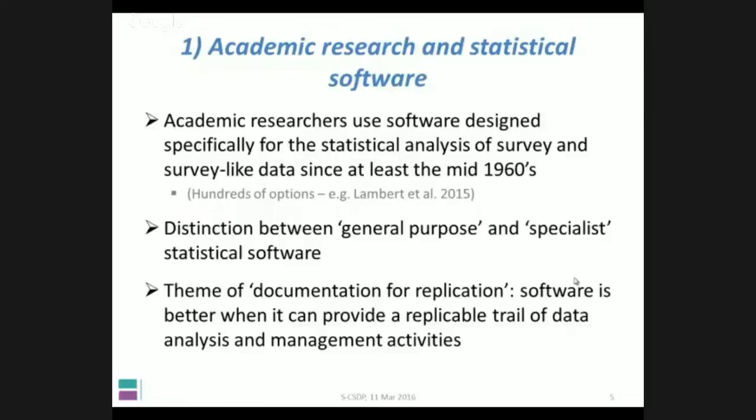Another important consideration, and it comes back time and time again in the sessions that we're recording for today's webinar, is the extent to which the software allows you to document what you're doing with data. In academic research and in research in general, we'd ordinarily aspire to the model of documentation for replication, which basically means